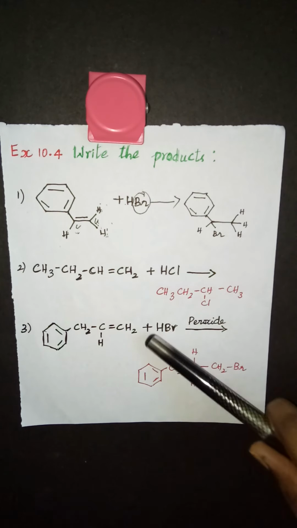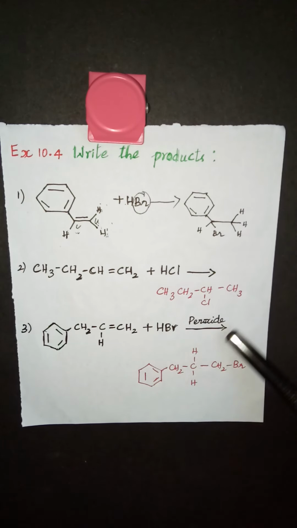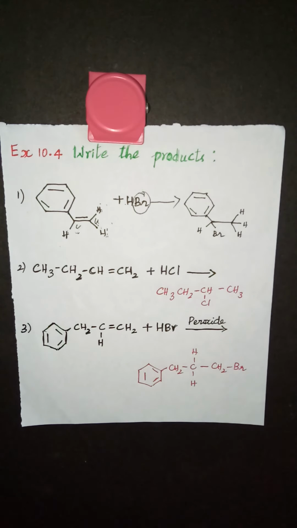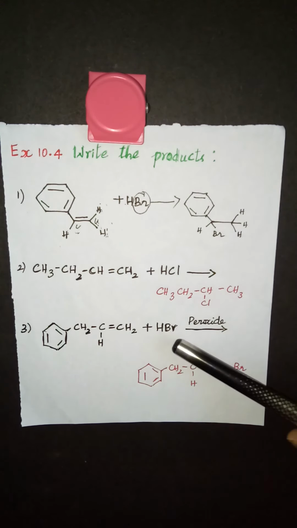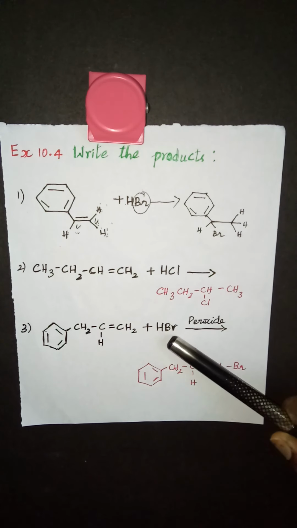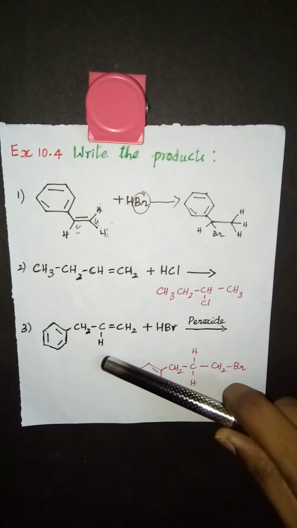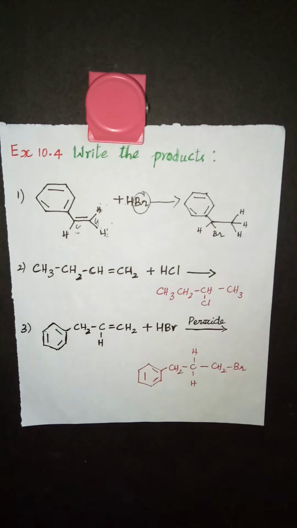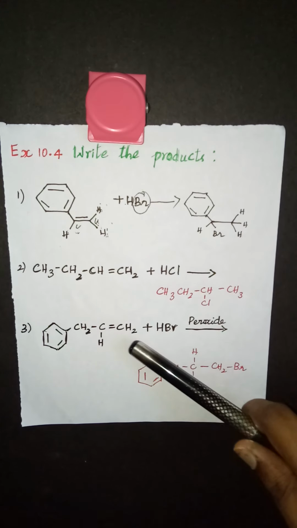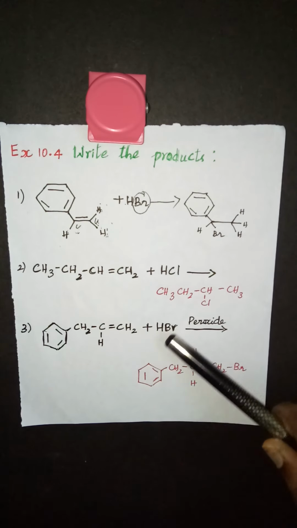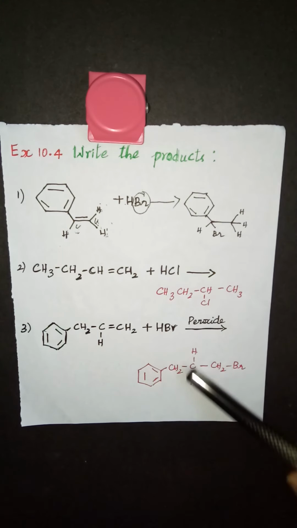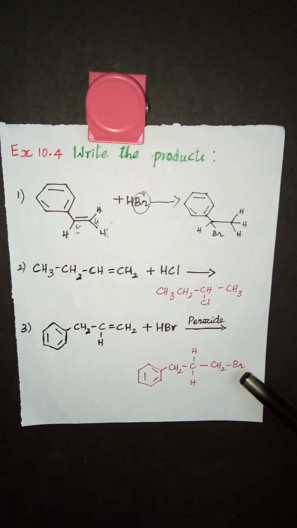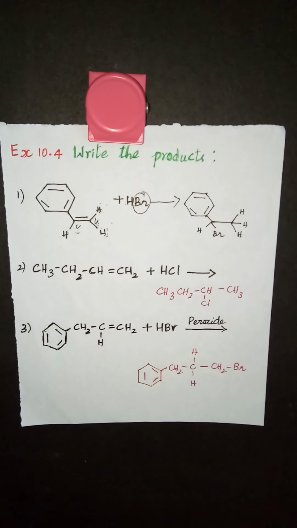Coming to this reaction, again you have hydrogen halide, but what is present on the arrow? Peroxide. I told you when there is peroxide, the anti-Markovnikov's rule will be happening, which means the reverse of this reaction. So according to Markovnikov's, halogen atom goes to carbon having less number of hydrogen atoms, but when peroxide is there, halogen atom goes to carbon having more number of hydrogen atoms. So across this double bond, this carbon has more hydrogen atoms, so Br goes here and hydrogen goes to this carbon. So this is CH2 and a CH2 and Br comes here. So this is the product of this reaction.